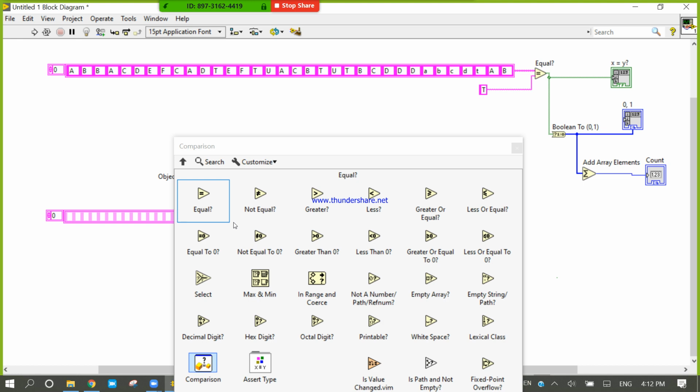Devajit, okay, please show one more, how to same row and different row.